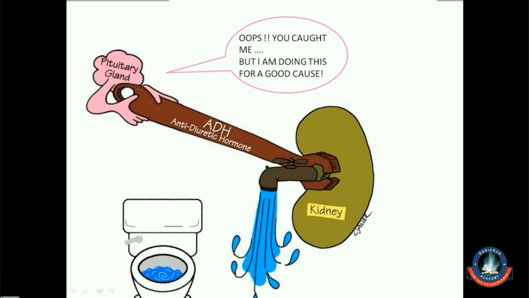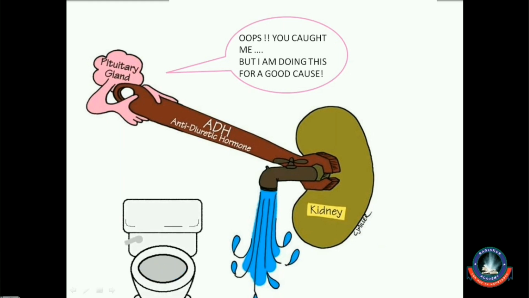So these substances are not good because they allow a lot of water to be eliminated from your body. Water has always been a very essential component for your body, for all the body cells to perform efficiently. So elimination of excessive water is not a good sign. So the pituitary gland secretes ADH, which reabsorbs water from the kidney. That allows the reabsorption of water, which helps in the concentration of urine, and only the waste products, the toxic substances like urea, are eliminated from the body. The substances which are useful for the body are gained back again.